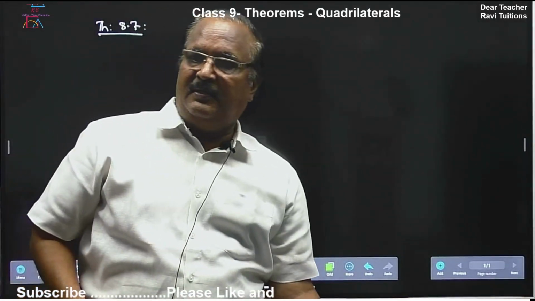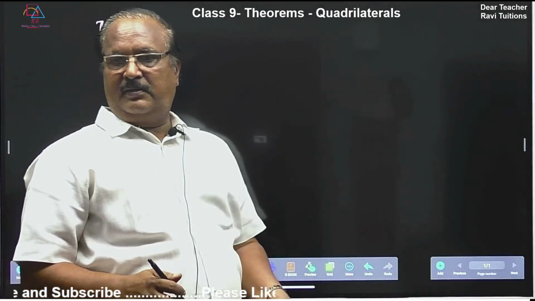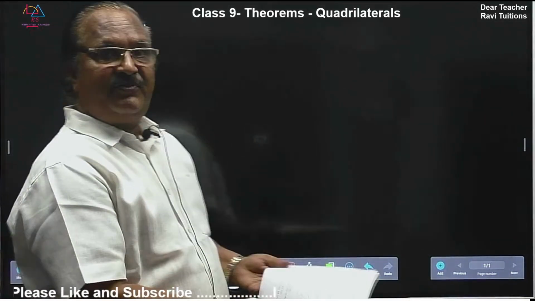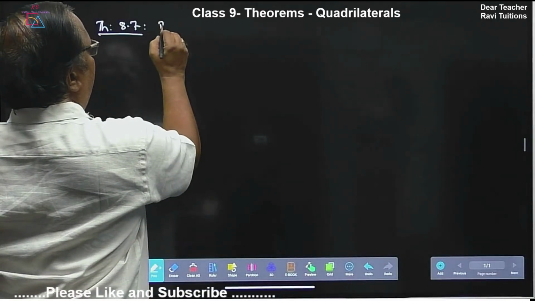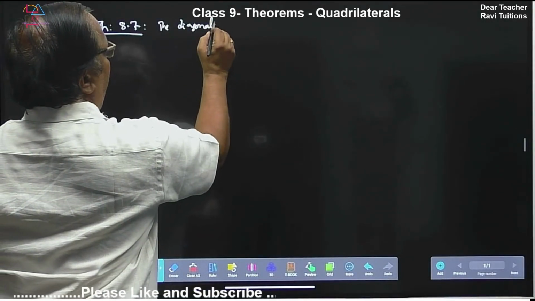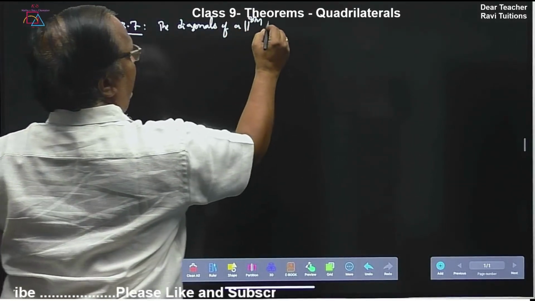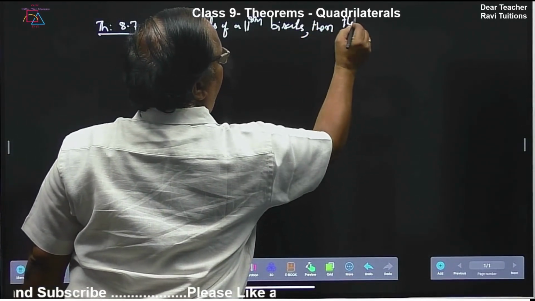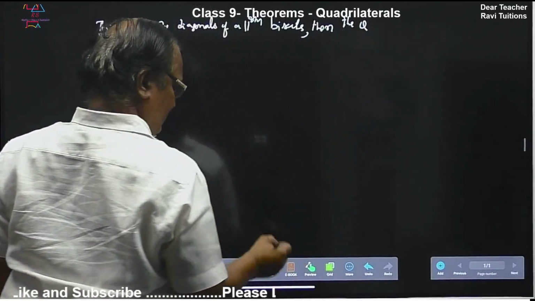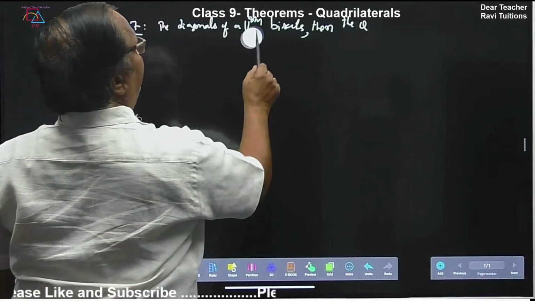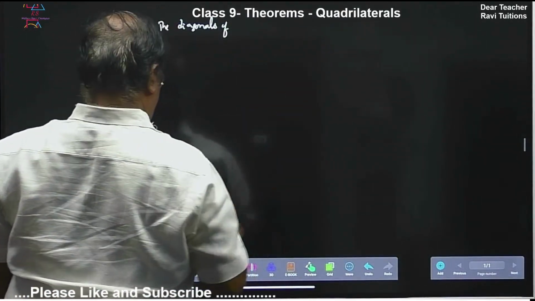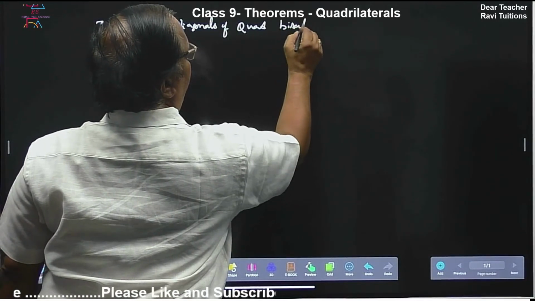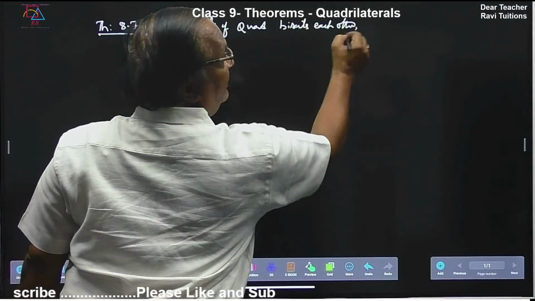What is the converse? 8.7: if the diagonals of a quadrilateral bisect each other, then... I am sorry, this is not a parallelogram, it is a quadrilateral. If the diagonals of a quadrilateral bisect each other, then